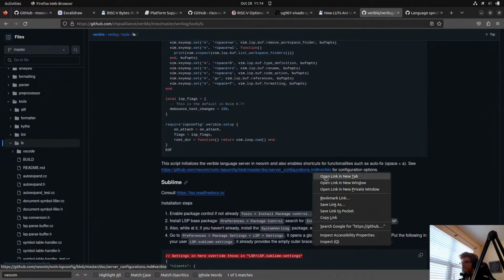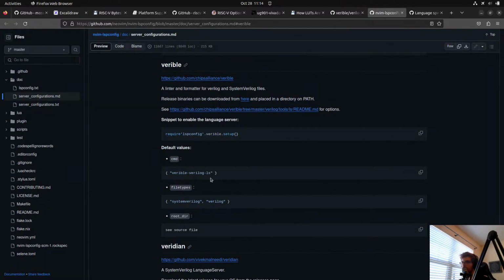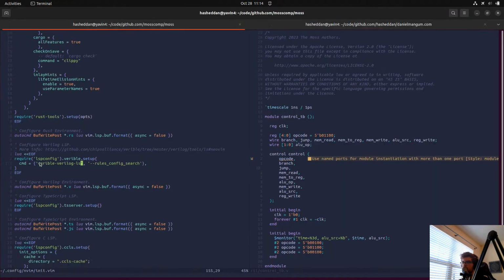Here we go. It was right in front of my face. Cool, yeah, so here's variable, so you can see I got some of this from here. Specify the command, and then let's see if I actually specified, it looks like I didn't even specify Verilog specifically, but that auto format is just on .v extensions, so.